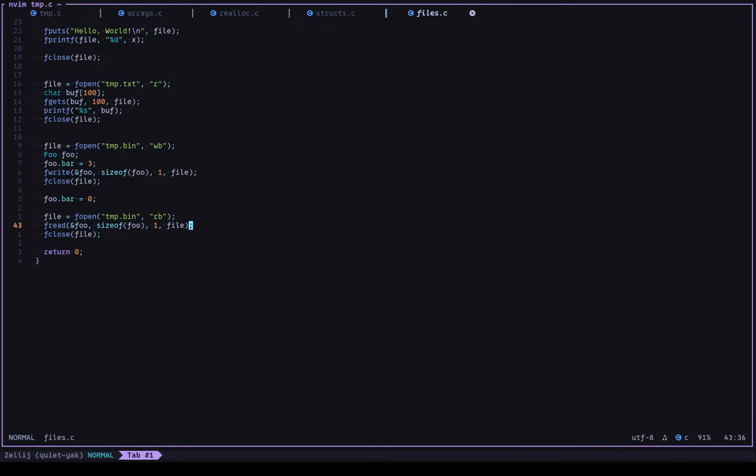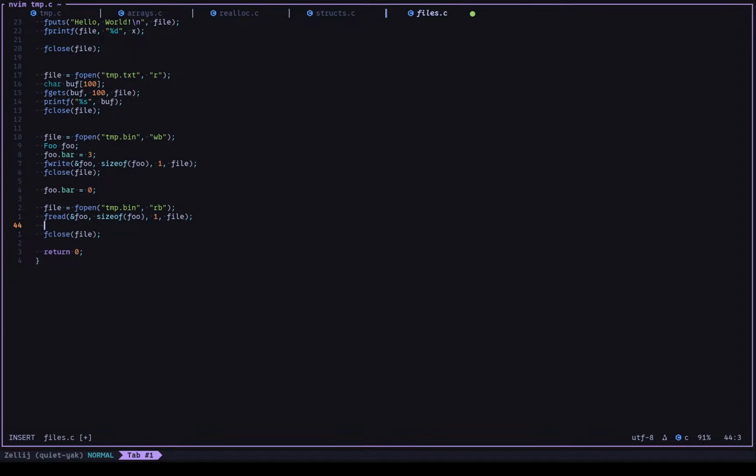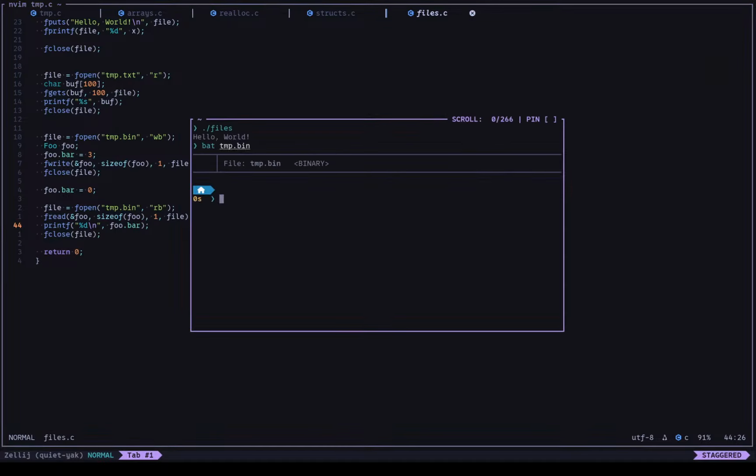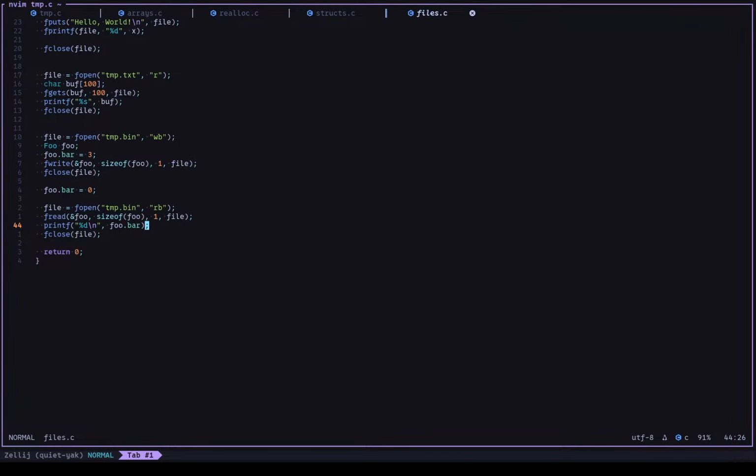You just pass in a pointer, and then the size of the thing you want to read in, and then we just pass in how many of the thing. In this case, we're just dealing with one. So now, if we print bar, it should say 3. There you go. It says 3 because